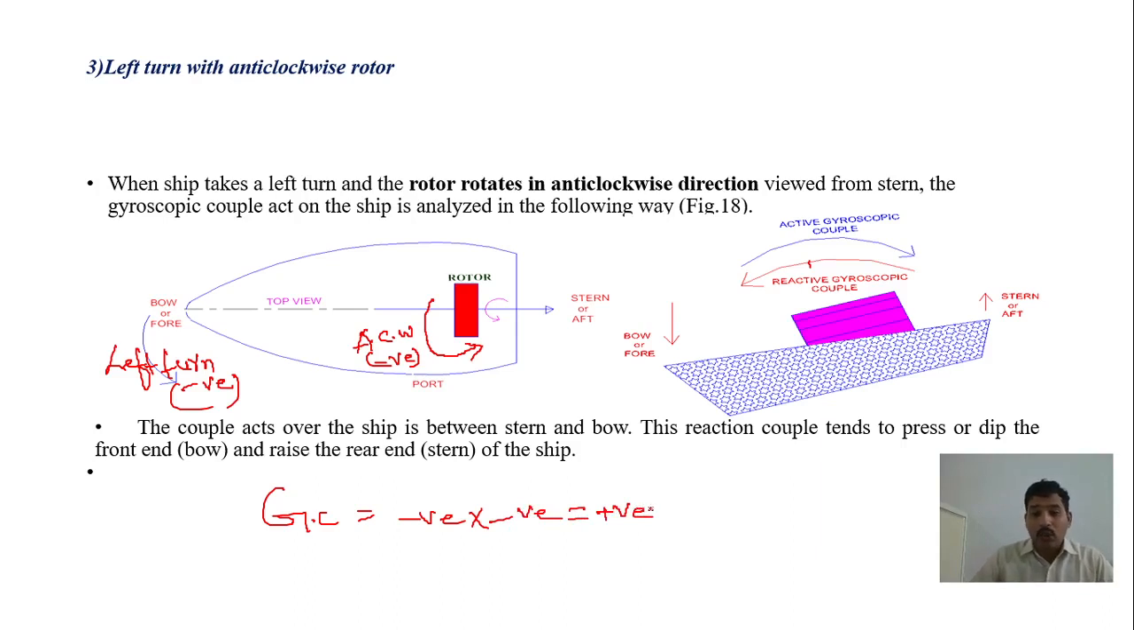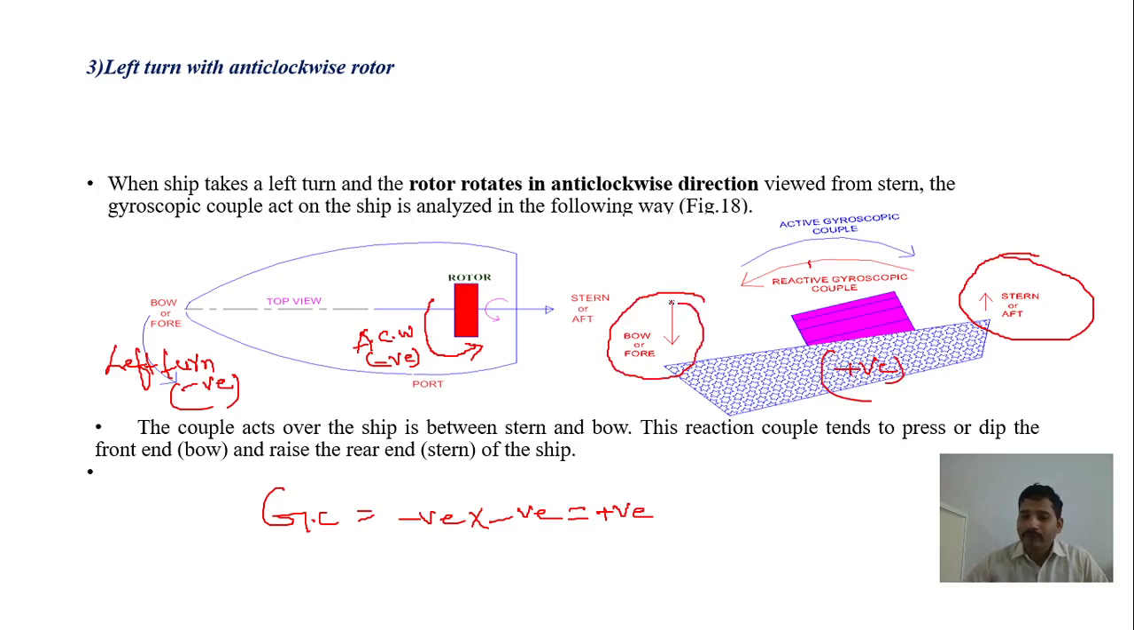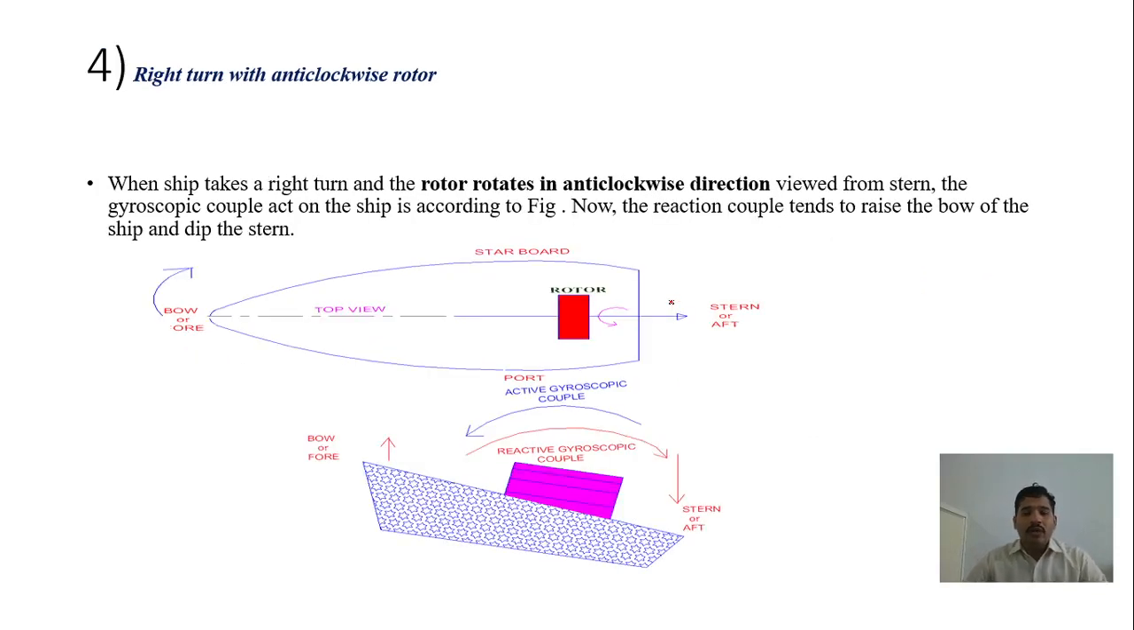If it is positive, the reactive gyroscopic couple will raise the stern. If it is positive, it means it raises the stern and lowers the bow. Is it right? And the fourth one, we are going to learn: if the observer is observing the ship from